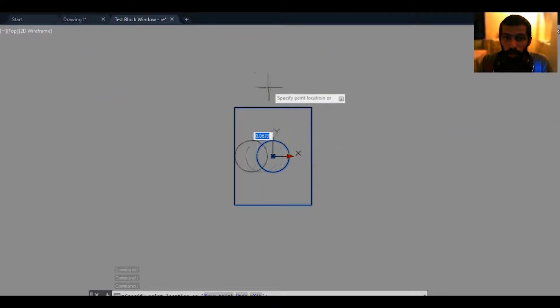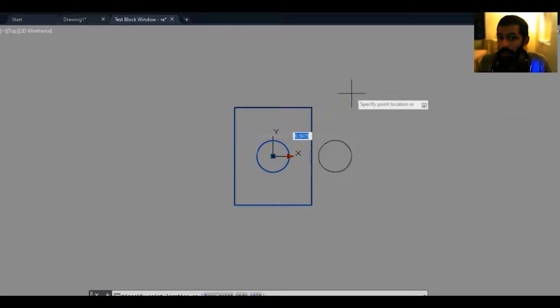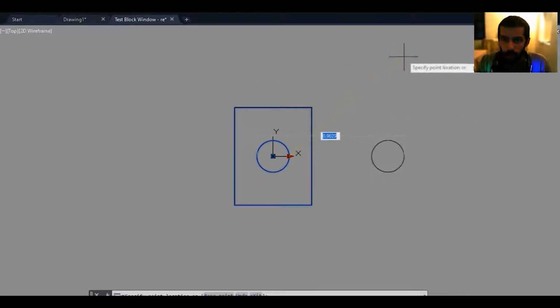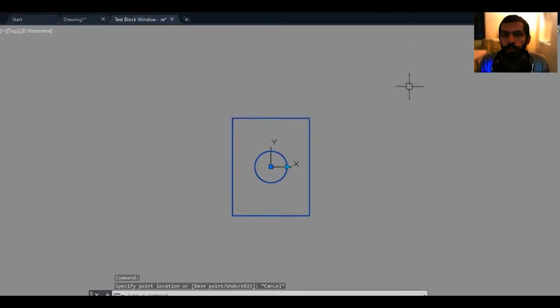However you move the mouse here, it's not going to negative X, it will always be going to positive X, just like you are offsetting any object. The copy will be parallel to its initial position. Alright,